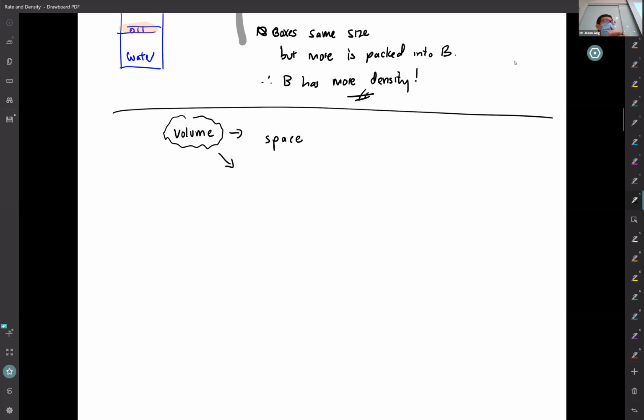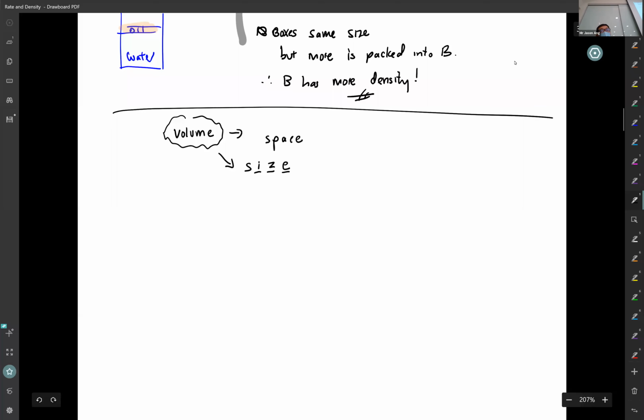There's another one. See if anybody can figure it out. Chloe, what is the other word? Can you figure it out? By the way, it starts with S as well. Space and... S for Sophie. Sophie, what is the other word you can think of? That will give you a good sense of what volume means. Darius, four-letter word. Correct, it's size.